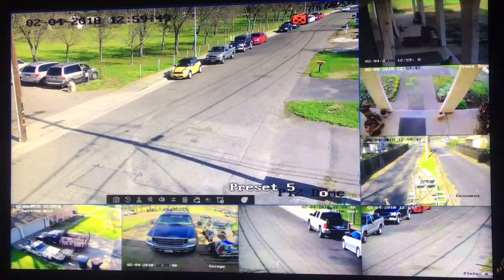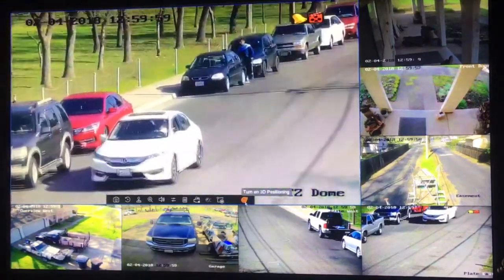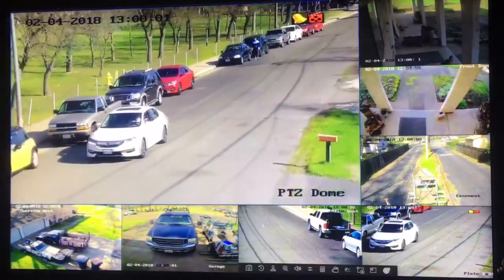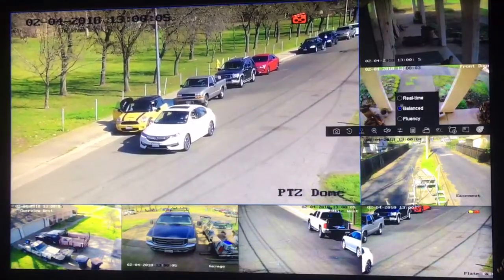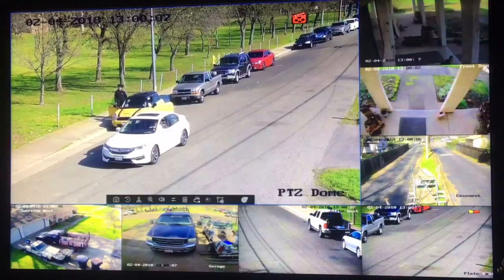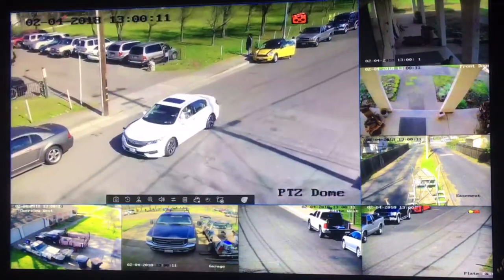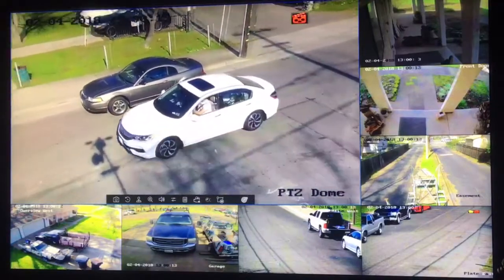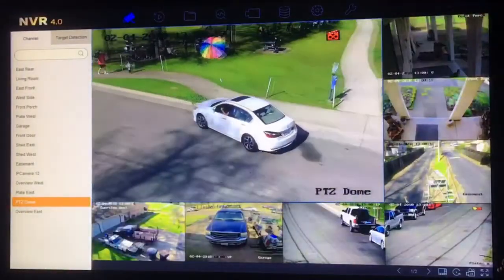So, like I said, when you move your mouse around, it immediately pops up this menu down here, which is pretty annoying. There's no way to get rid of it. It just depends on where you put the mouse. It moves around from screen to screen, but there's no way to get rid of it, whereas in the previous firmware, there was an exit you could click, and it would stay off. Now, the only way that I've found to get rid of it is if you left click with your mouse,